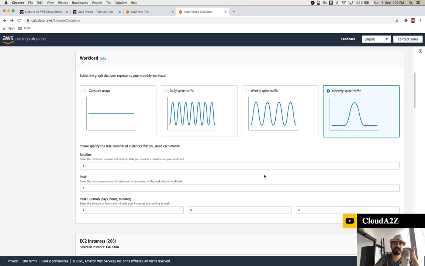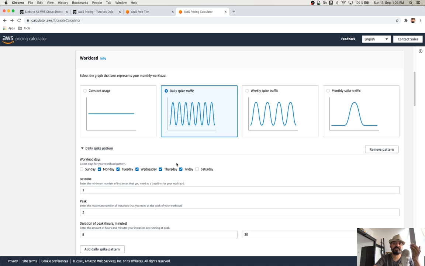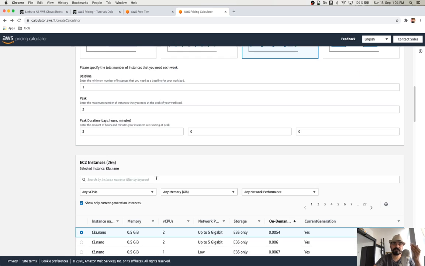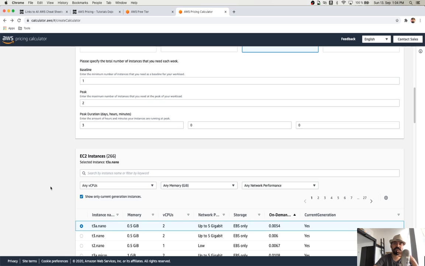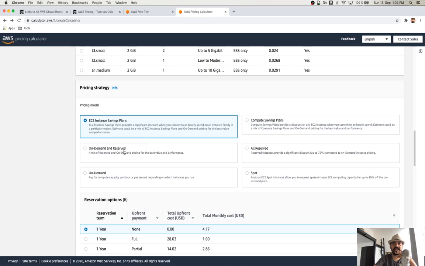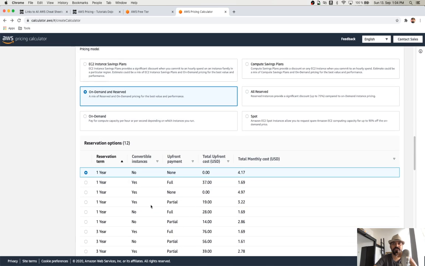So you can set your own baseline, and the peak is the maximum number of instances you want at this particular time to meet your workload. Okay, you have certain parameters that you are using, and then there are daily spikes, weekly spikes, traffic, everything you define, and you can get the corresponding EC2 instance as well. Okay, that's really good, which I found with the AWS TCO calculator, which is missing in other TCO calculators from other public vendors.